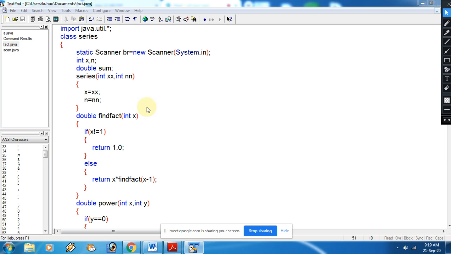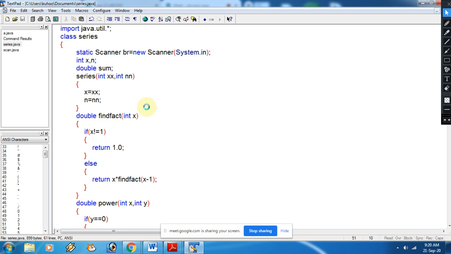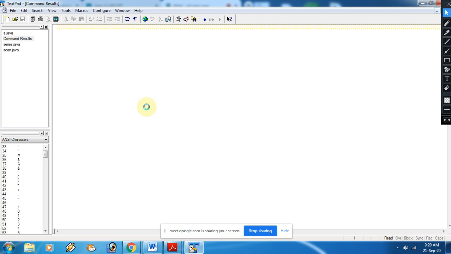I have not saved this file as Series. Just give me a second, beta. So compiling Series, right? Before that, the earlier program was executing, that is why the output was not coming correctly.